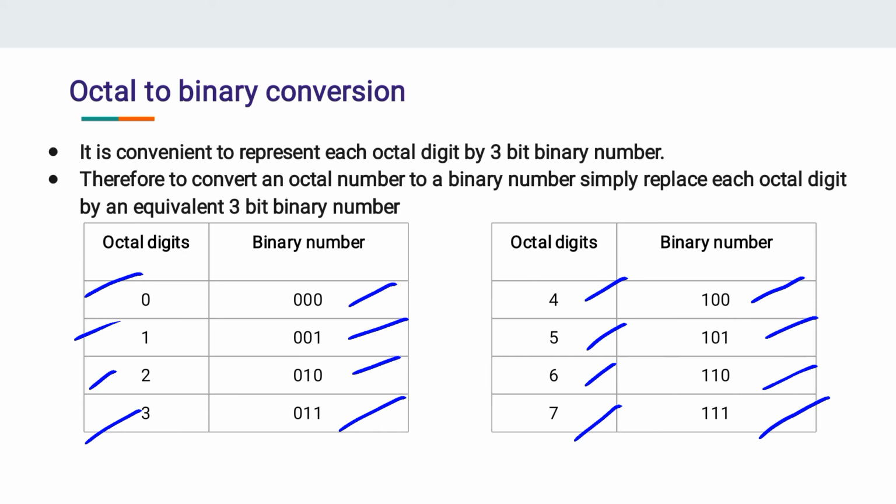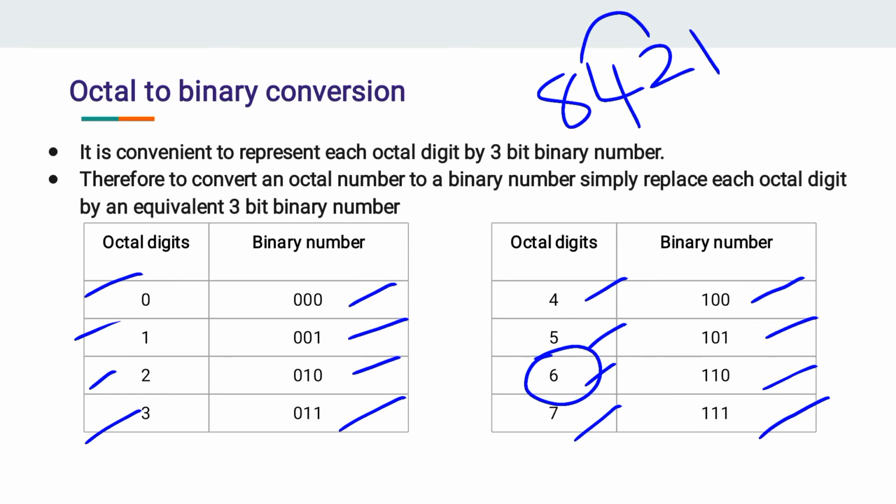So how is it written? Through the calculation of weights and values, that is the 8421 format. Clear? So if I want 6, I have to add 4 and 2, so 110. I can't take the 8th place, because if I take it, it will exceed 7. I want to stop at 7 itself, so I will drop the 8. So I have to take only the 421 places of weights.